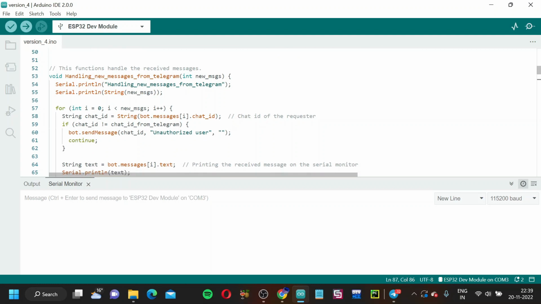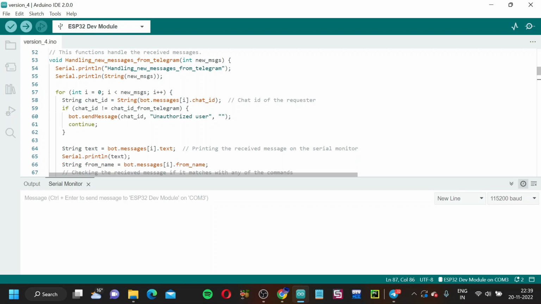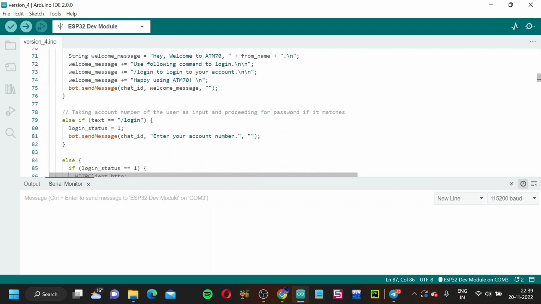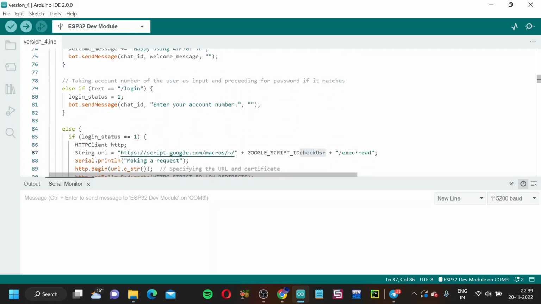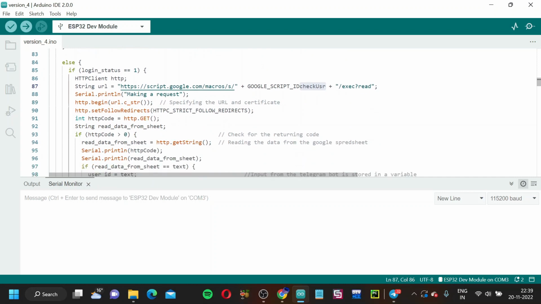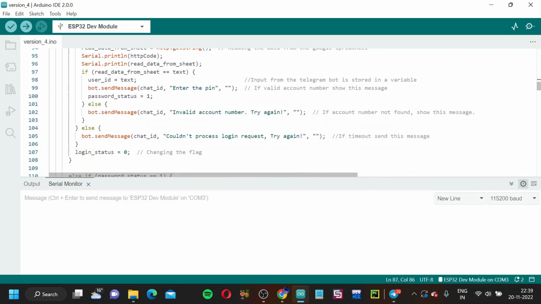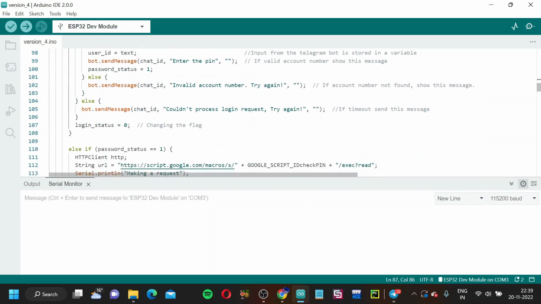So here is our function which handles new messages. It reads the messages from the Telegram, and the data which the user gives as input, it sends to the spreadsheet. We start from the first message, which asks us to log in to our account. When we use this command, it asks for our account number. When we type the account number, if the account number is valid, then it asks for the PIN, and then we enter the PIN,